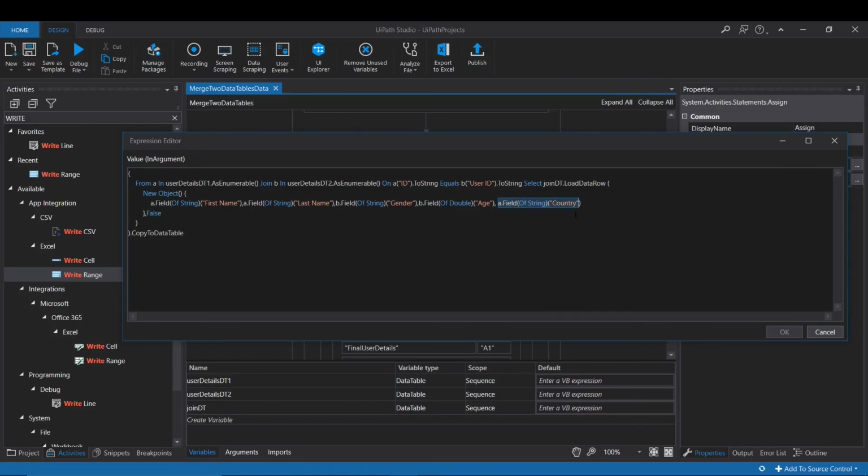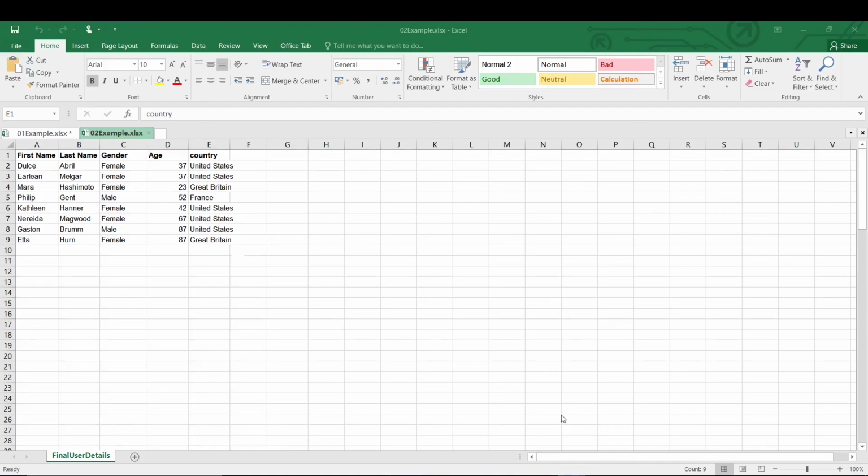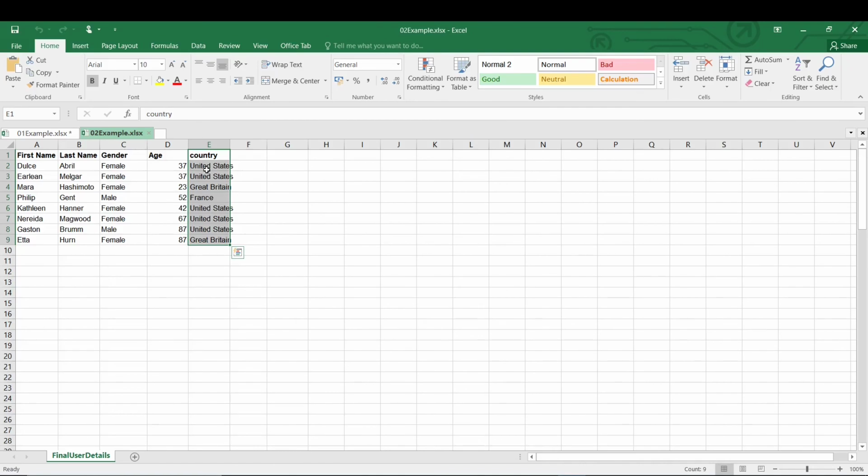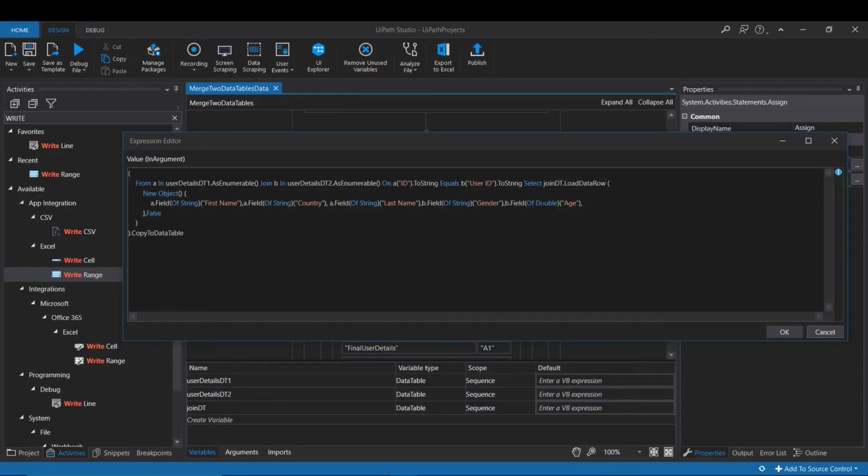Suppose I cut this and paste it here. This country data will print here, but it will throw an error. Why? Because the last data table column we have created is a string type, so this age will go to the string. I don't want to throw any exception, so I will cut this code as well and pass it here so that it will not throw any error.